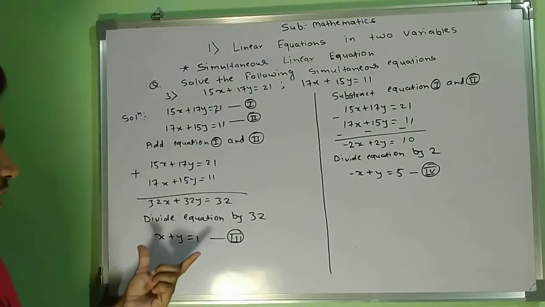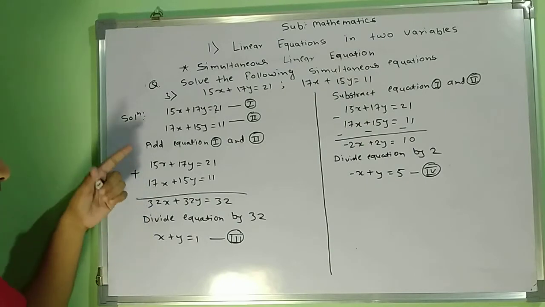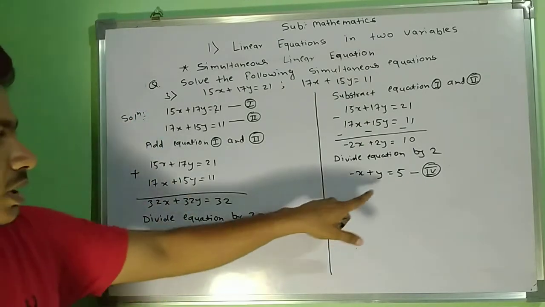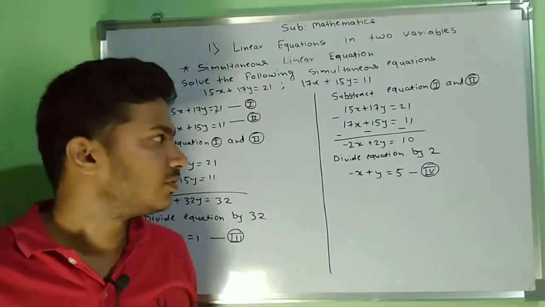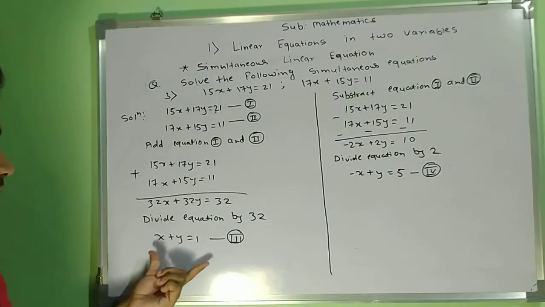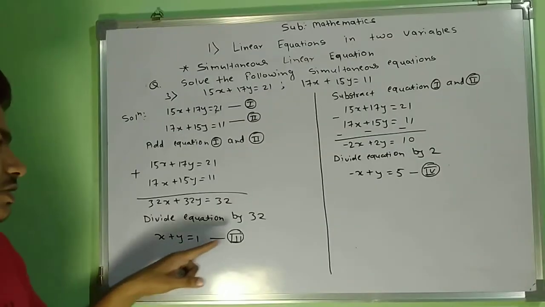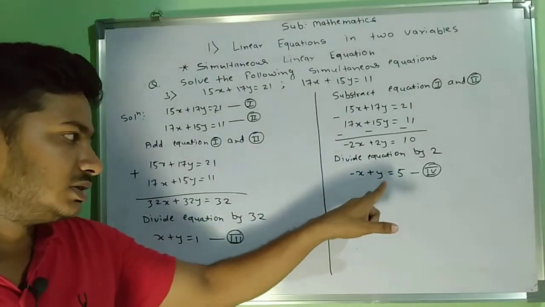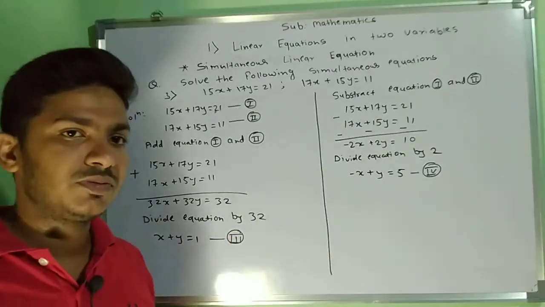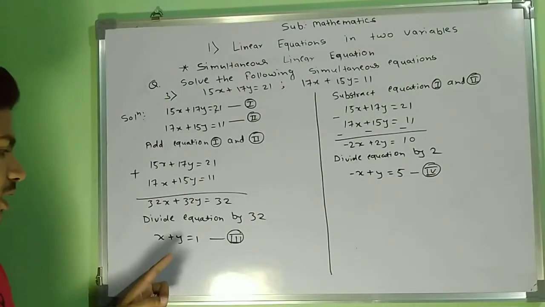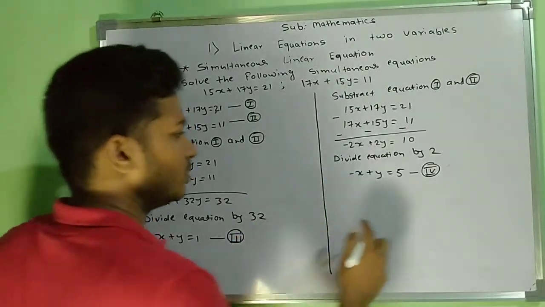Now we got two new equations, equation number 3 and equation number 4. That equation we got by adding that previous two equations, and that equation number 4 we got by subtracting that first and second equation. Now look at that equation number 3 and equation number 4 very carefully. What we have, x plus y is equal to 1 and minus x plus y which is equal to 5. So if we add equation number 3 and equation number 4, that x will be cancelled and we will get the value of y. So now we will add the equation number 3 and 4.